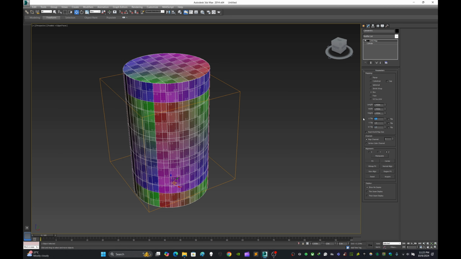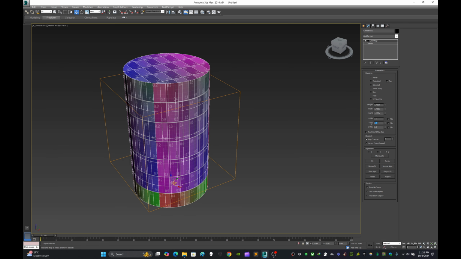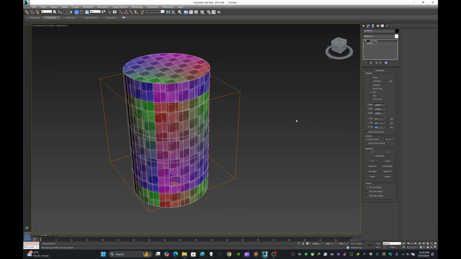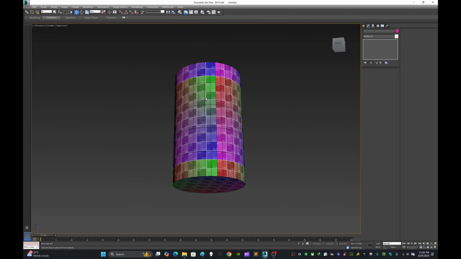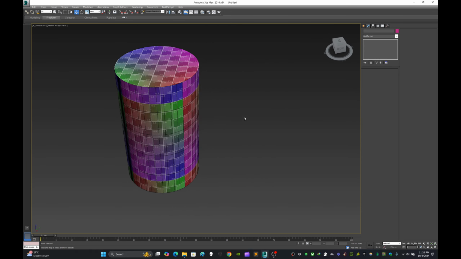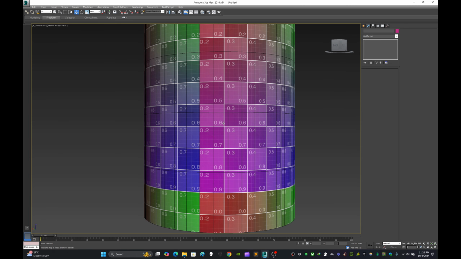This is maybe 0.5 by 0.5 by 0.5. But let's put it one by one by one. You can see suddenly the cylinder is mapped properly